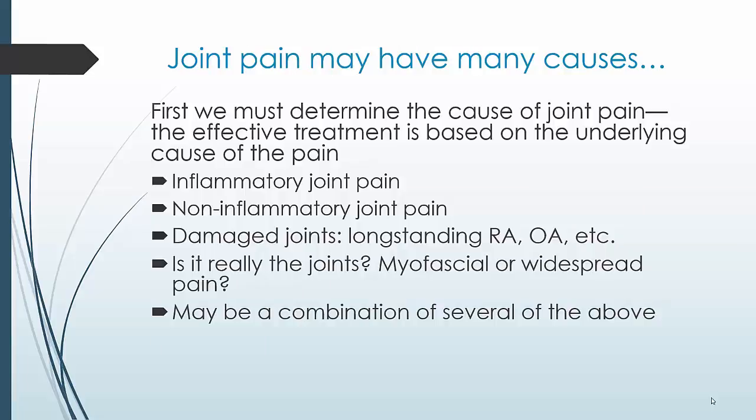So again, first it really helps us if we can figure out, not only on the phone if you call in or during an exam office call, what type of joint pain are you having? Many of our patients have more than one type of arthritis, more than one kind of musculoskeletal problem. So we do some strategic question asking, and of course our exam and our labs and all that helps tease it out, whether it's inflammatory joint pain,